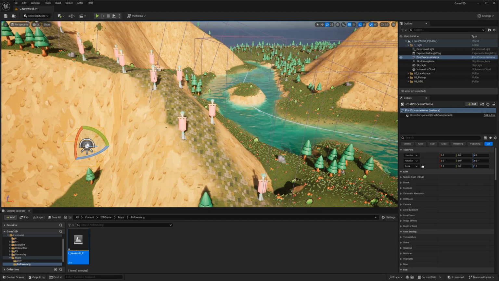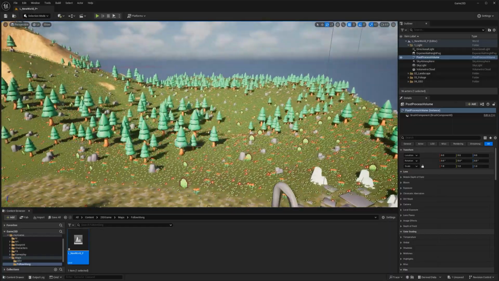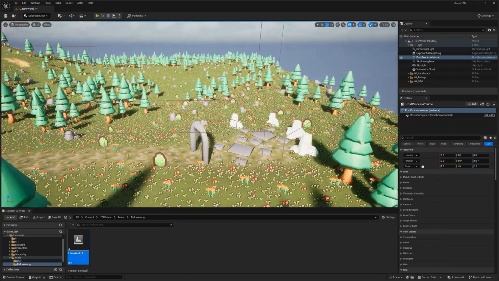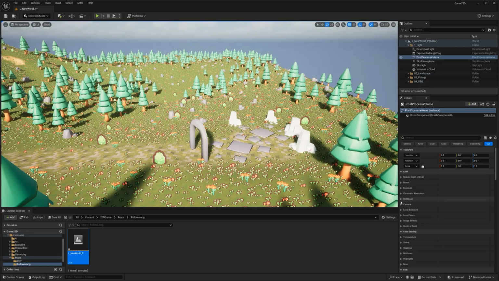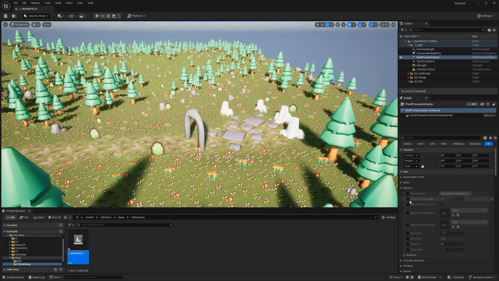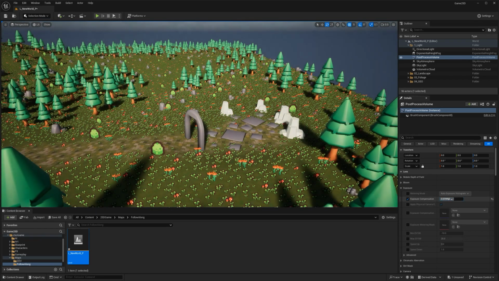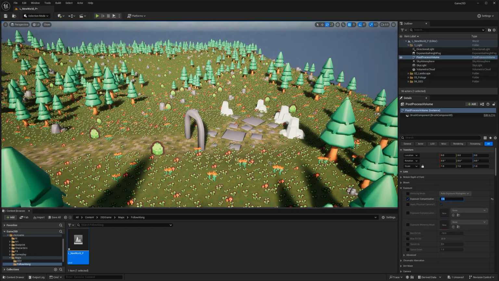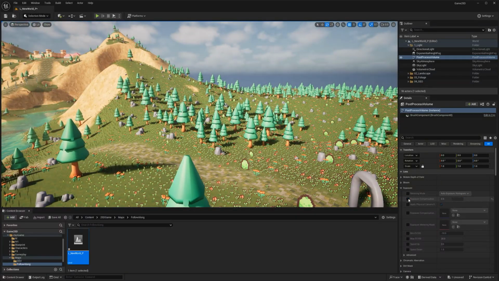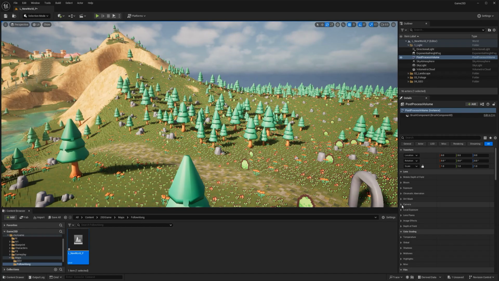And then there's a bunch of cool stuff that you can do here, folks. We're going to be playing a lot with this, but for now, all that I need to do, that I really like doing, is go to my exposure and go into exposure compensation and just lower the level a little bit. I still want to have the eye adaptation, but I don't want it to be so blown out. As you can see here, enabling and disabling, you can see the difference. I also usually like to go to my lens. Where is it?